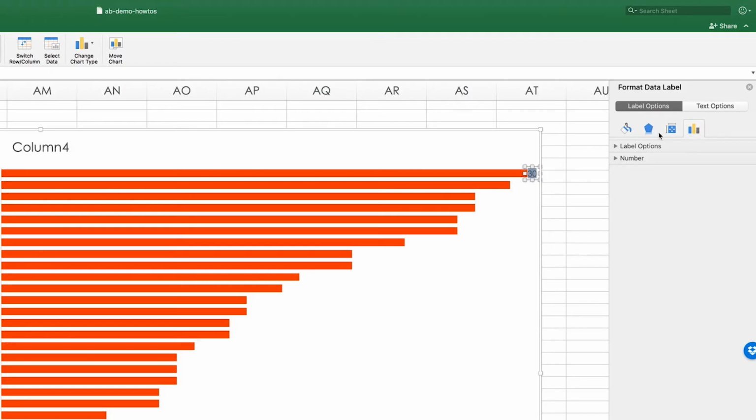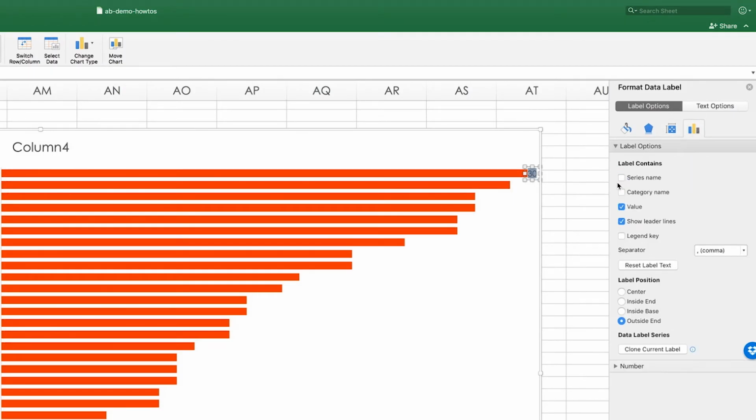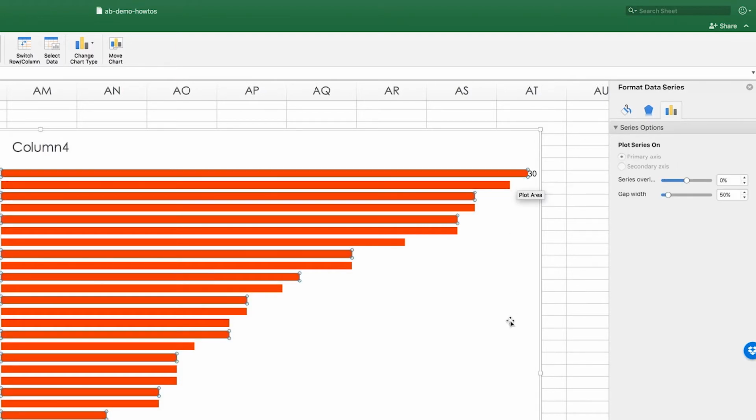We can actually choose where we want it. So the label options, we could include things like what the series or the category name is, if we wanted to include that sort of thing. In this case, I just want the value itself, and we can also choose where we want it to be. We could put it down here in the center, inside the end, inside the very base, so right there at the very center. If we wanted to put labels maybe on all of them, we would do that. Or outside the end is where it is, and I'm happy enough with it where it is,